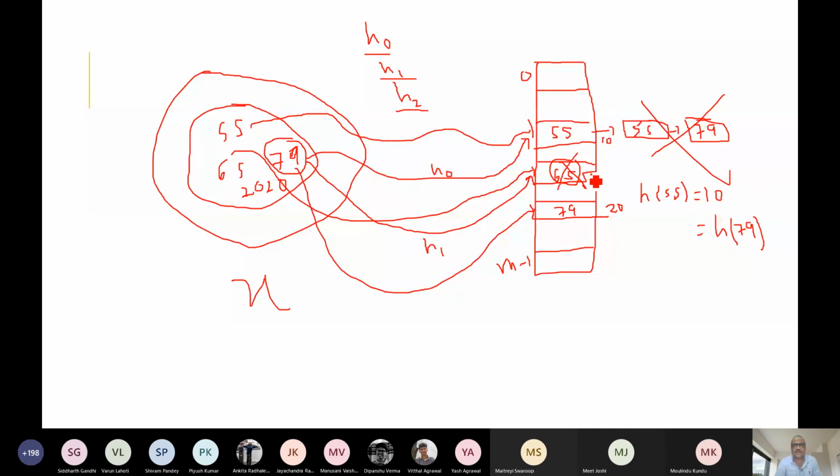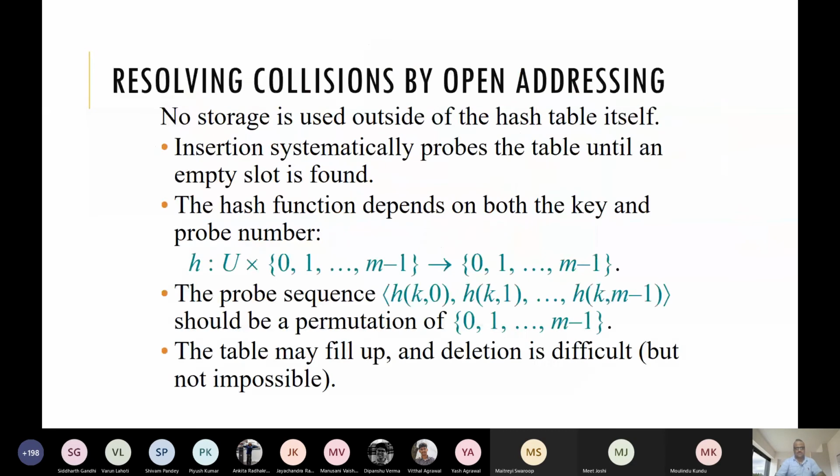So this is the idea of open addressing. Now let us look at it formally. We have a sequence of hash functions, and this is also called the probe sequence. We first apply the 0th probe, H0 of k.